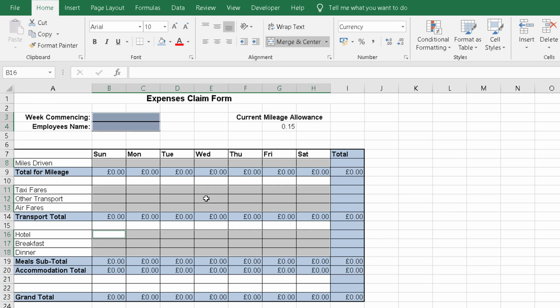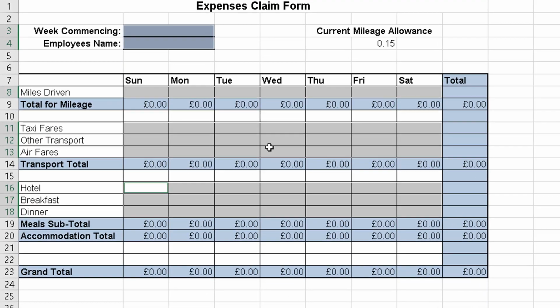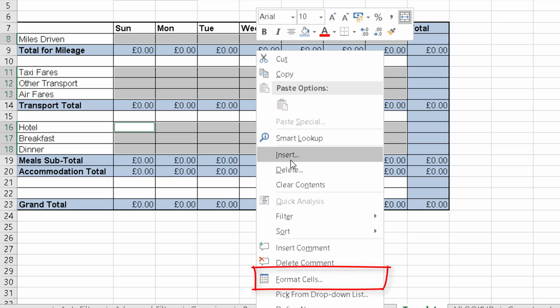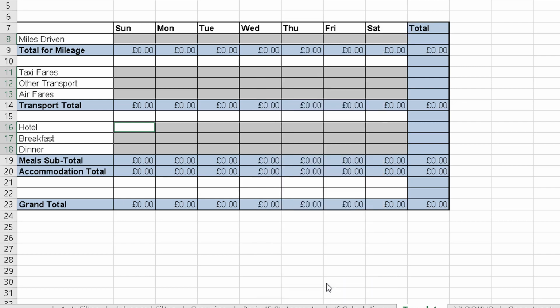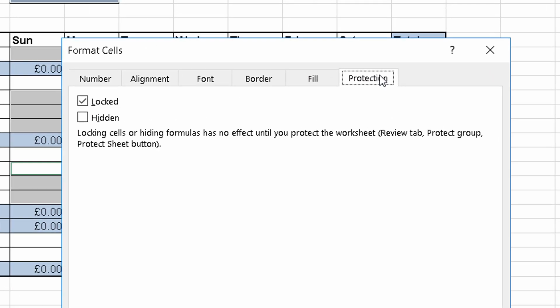We can then move our mouse so it's over the top of any one of those selected areas and click the right mouse button. This will pop up the context menu, and we want to get to Format Cells. Click on that. This will bring up your Format Cells dialog box. Now if you look across the top, there's several tabs, and the last one is called Protection. If you click on that to bring it to the front,